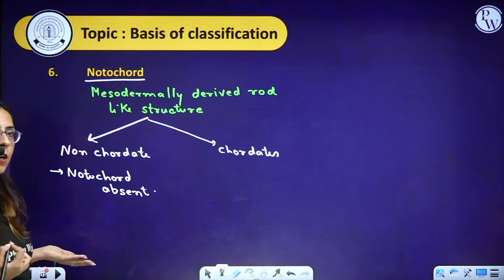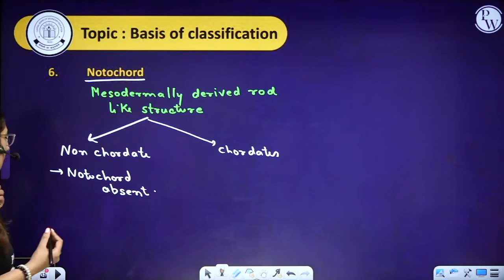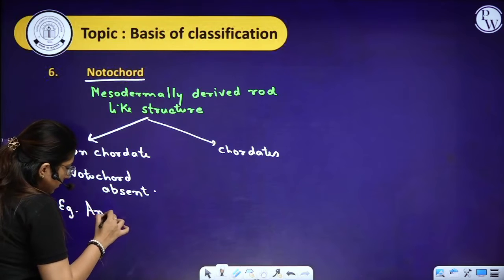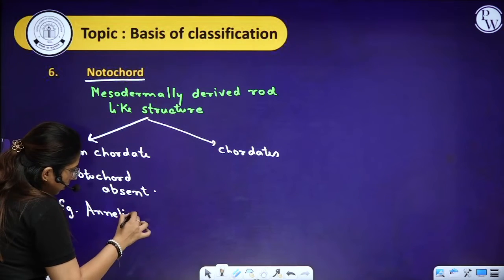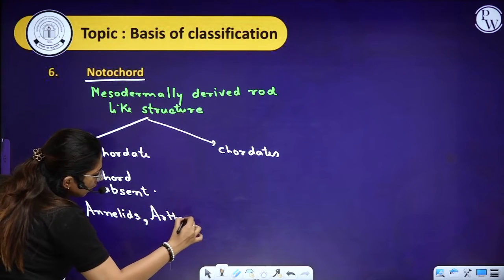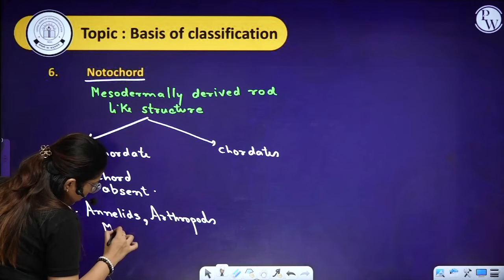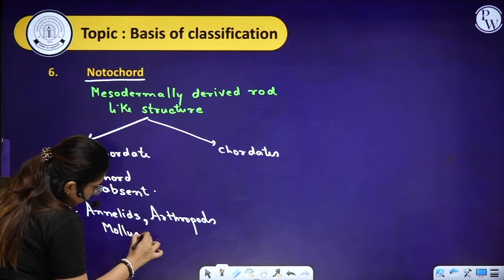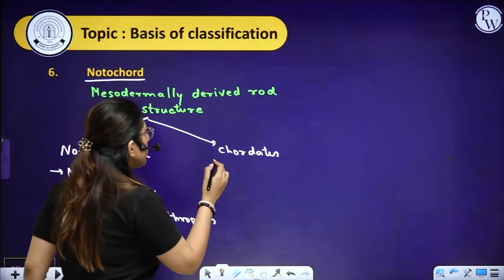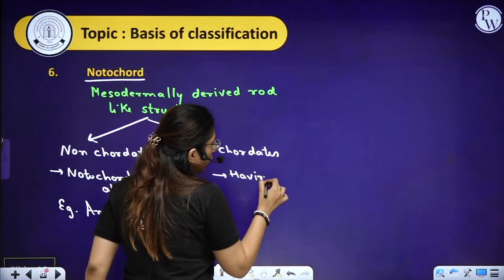And what different groups of organisms are present in this? We have examples like your annelids, right? The arthropods, the mollusks, all these are non-chordates,